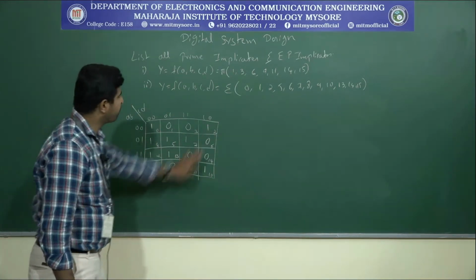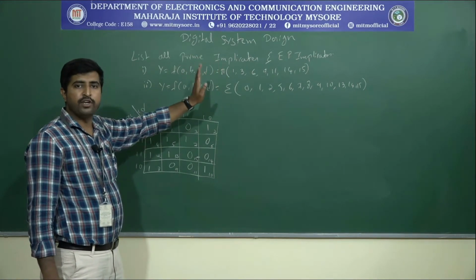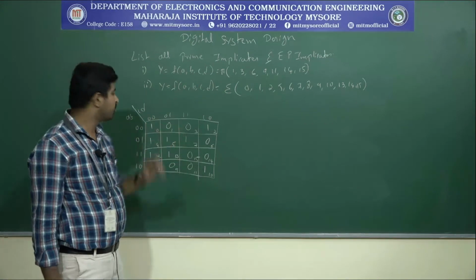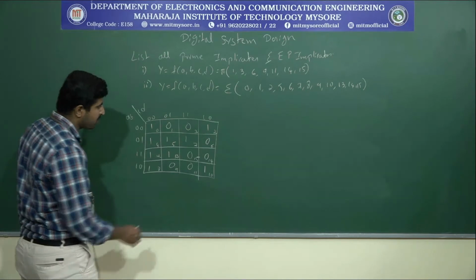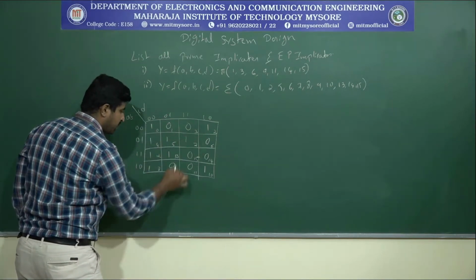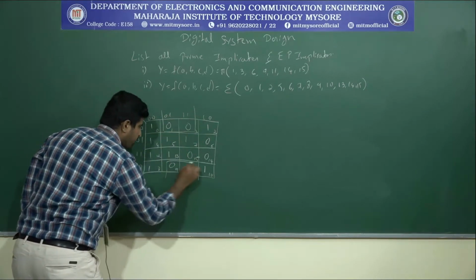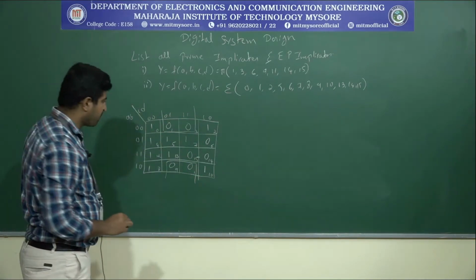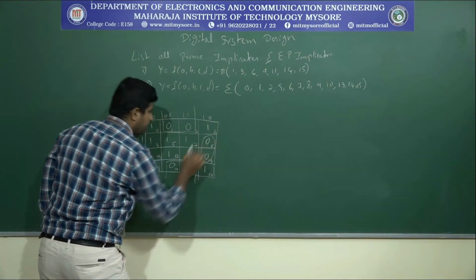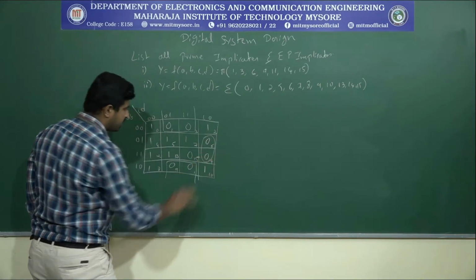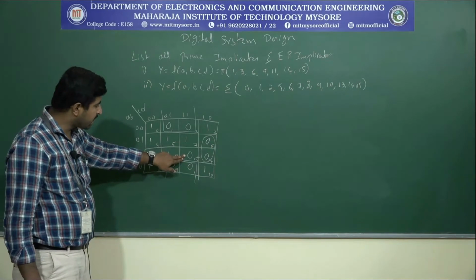So what do we need to find? We need to find the prime implicates. So prime implicates means we need to group the logic zeros. Okay. So let's group the logic zeros. See, these 1, 3, 9, 11 are adjacent to each other. So I will make this the first group. Next, these two can be grouped. Yes, we can group these two because we don't have any 4 cells. And the remaining is the 15th cell.